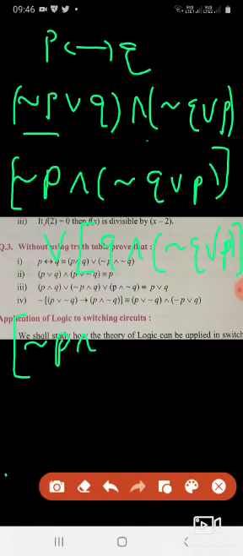This is one step, negation of P and this one, or Q and negation of Q or P. Now we are using distributive law. Once again I am going to use the distribution. Negation of P inside, so distribution in the first bracket, negation of P and negation of Q, it is one set,